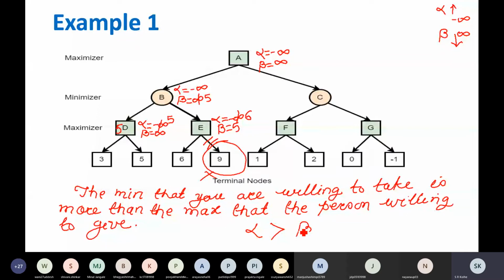So what are you going to do in that particular case? If this situation arises, the minimum that you are willing to take is more than the maximum that the other person is willing to give.